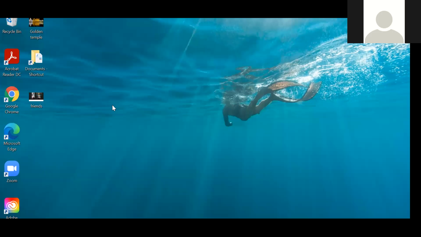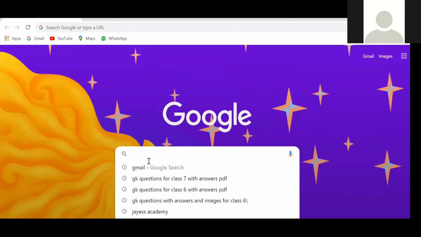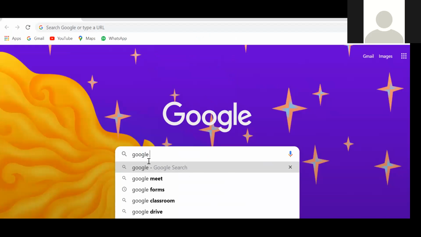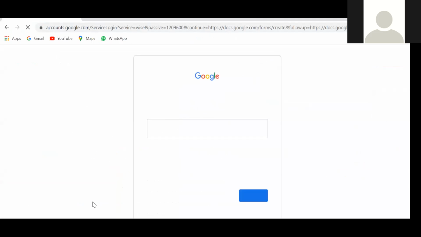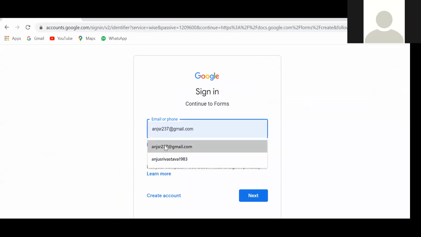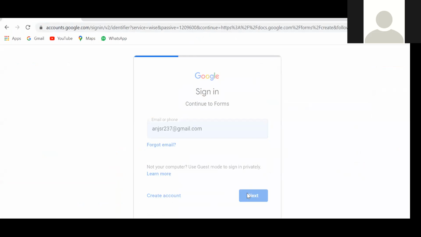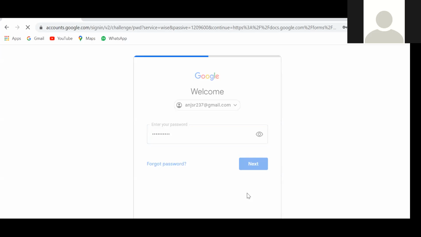From the very basic things, I'm starting Google Chrome, and there I will just write Google Forms. As you see, as I'm writing here, it comes automatically. This is the Google Forms. Then we will click on the Google Forms sign in. The Google form asks us to sign in to Google. So we must have a Google account so that we can sign in to Google Forms. That's why I've said that the basic requirement for starting is just to have a Gmail account.